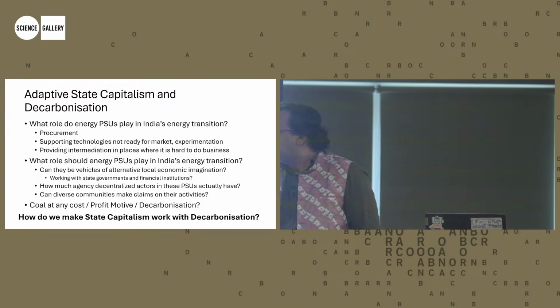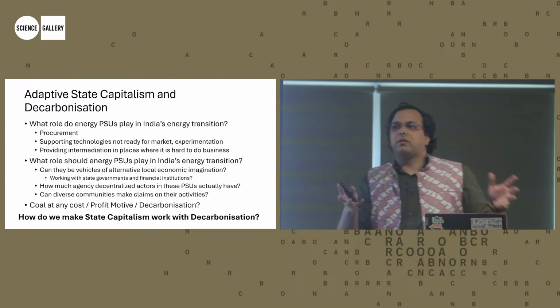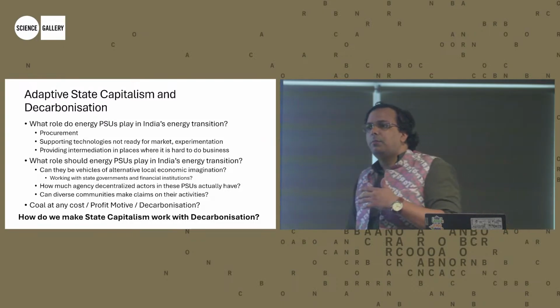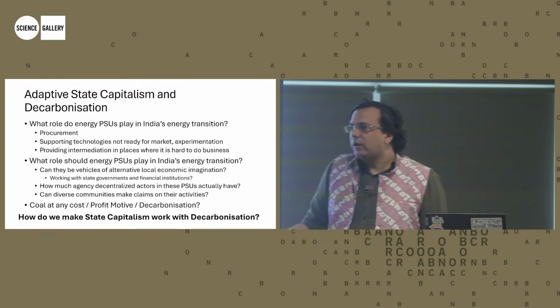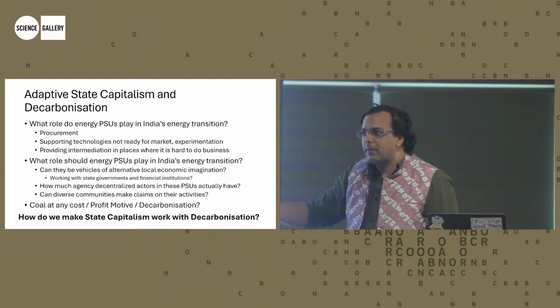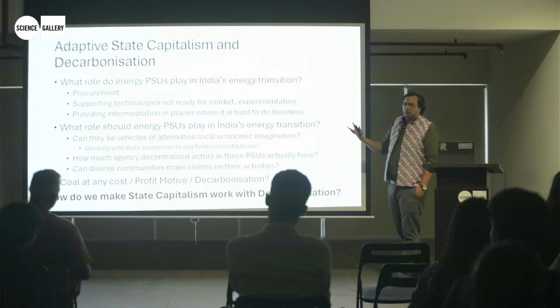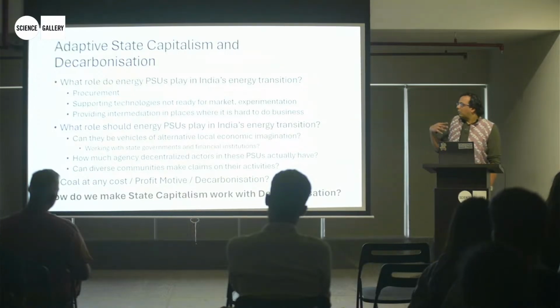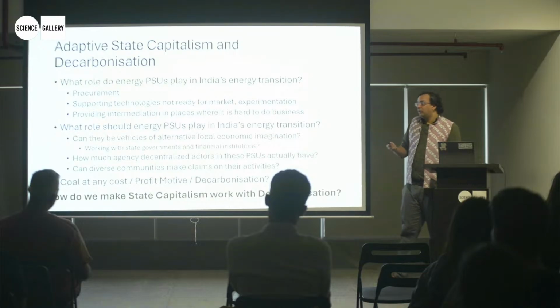So I think there's three phases. If you have to remember anything from this presentation, remember the three phases of the Indian coal industry. Pre-91, it was coal at any cost, right? Post-91, the profit motive kicks in. It matters. Can the next phase be decarbonization and taking the green economy seriously, right? And I would argue that things are slowly moving in this direction. They need to do much more, though.